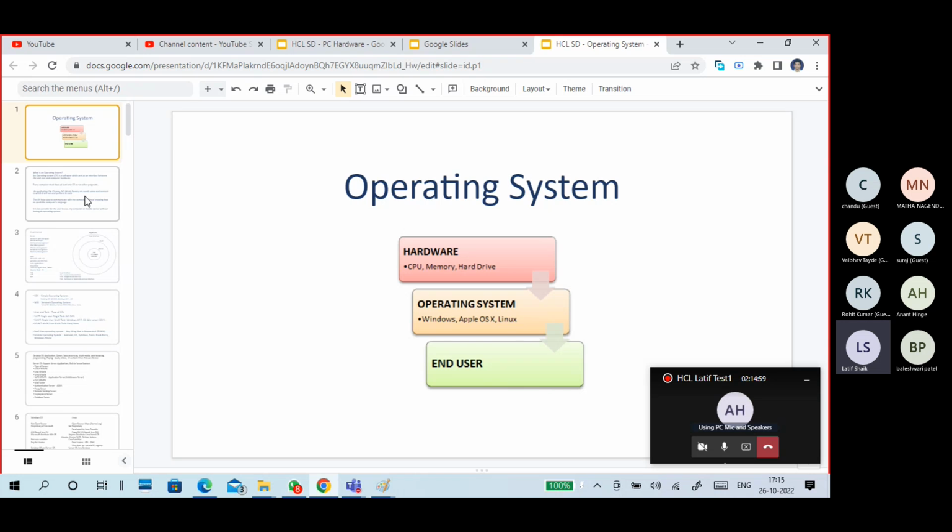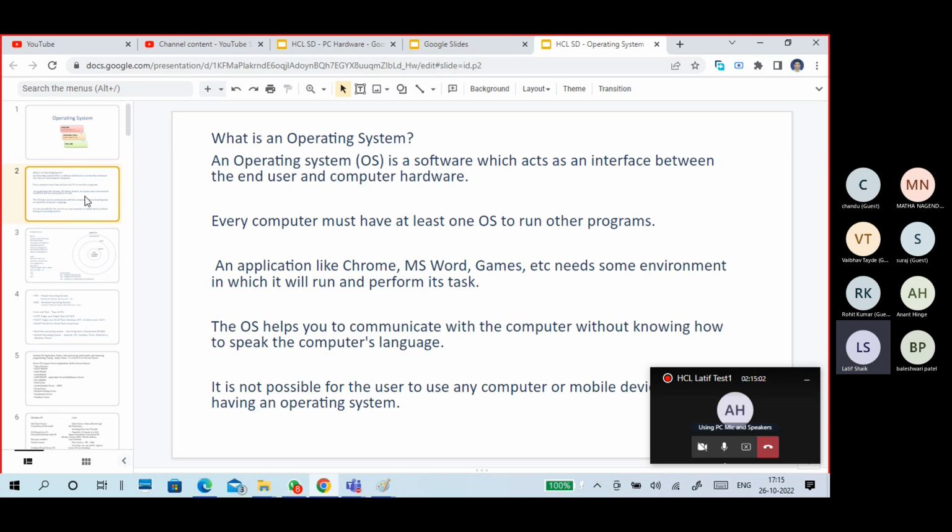We don't know that language, right? We need an operating system which is intermediate between a user and the hardware. You can say it is kind of middleware. Of course, it's not a middleware anyway, but it's one example of a middleware, but still not a middleware.